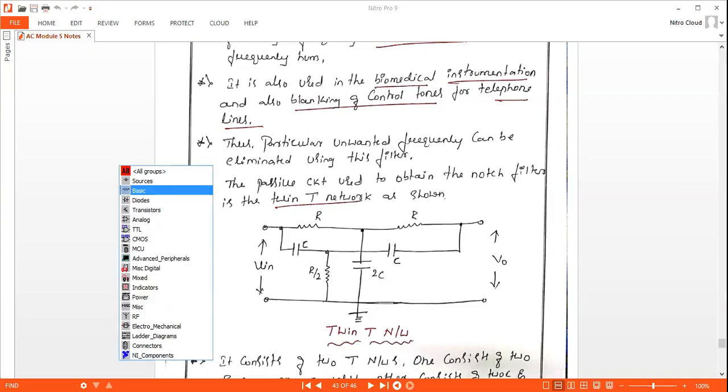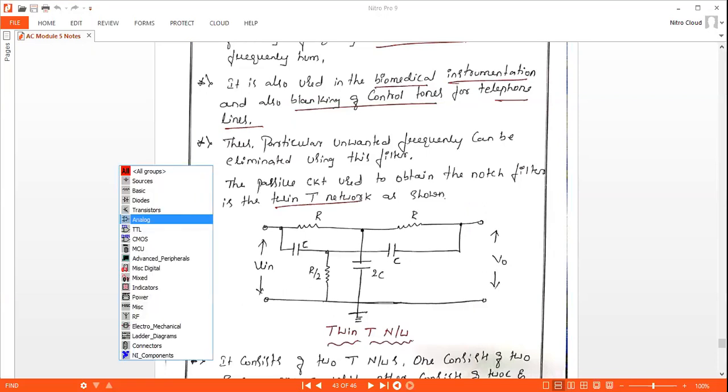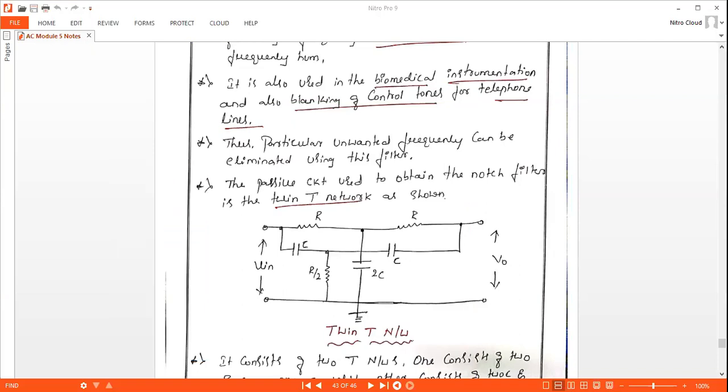Then go to Basic, then go to Analog. In Analog you have the operational amplifier. There are different types of operational amplifiers. Whichever we are using for our design, we can choose it, select OK, and click it on the screen. Similarly, if I want to choose the capacitance, go to Group, go to Basic, and in Basic you have the capacitor here. Just click 0.56 microfarad for example, click OK, then place here. It will be displayed on the screen.